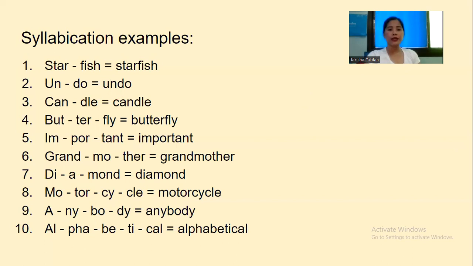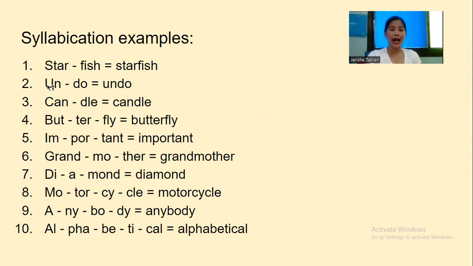Let us read the syllables I put, and then we have to read it by syllables and read it together. Okay, again, we are going to read by syllables and read it together. Example number 1: star, fish, star, fish. If we are going to read it together, that's starfish, starfish. All right. Next, we have